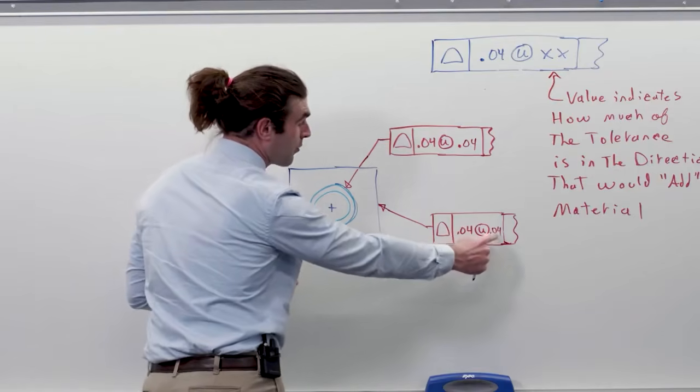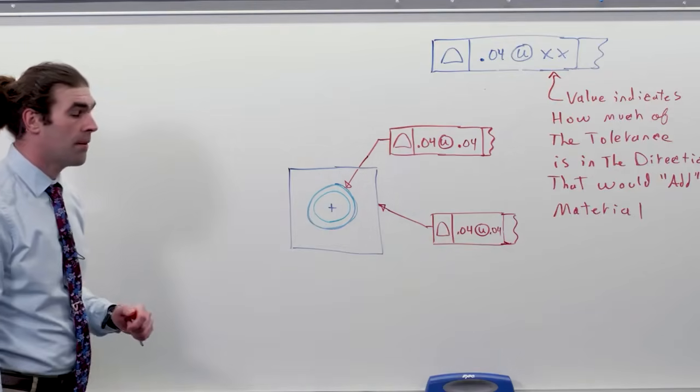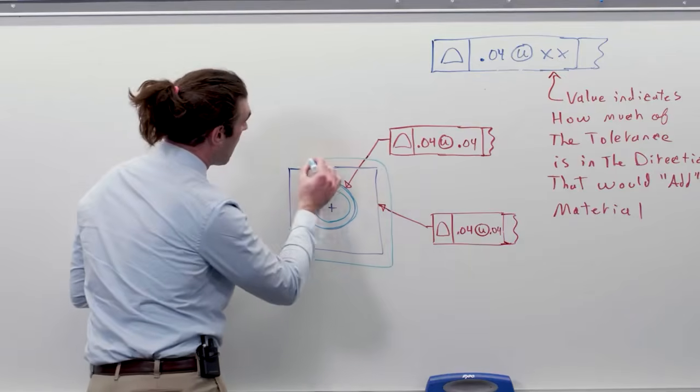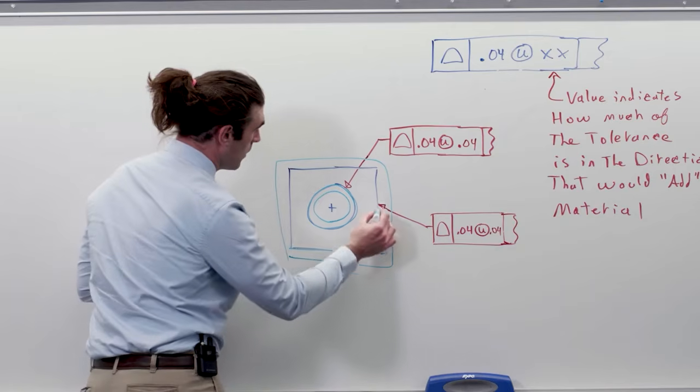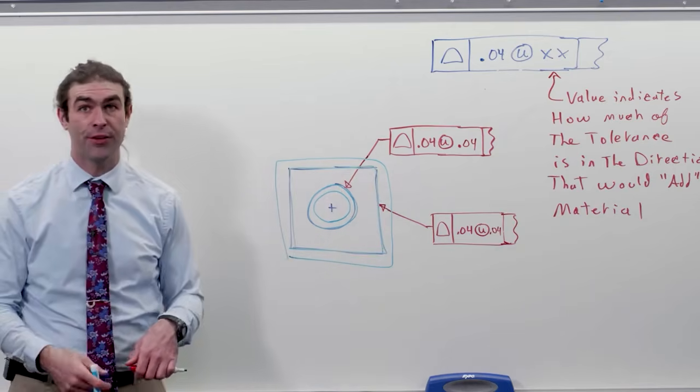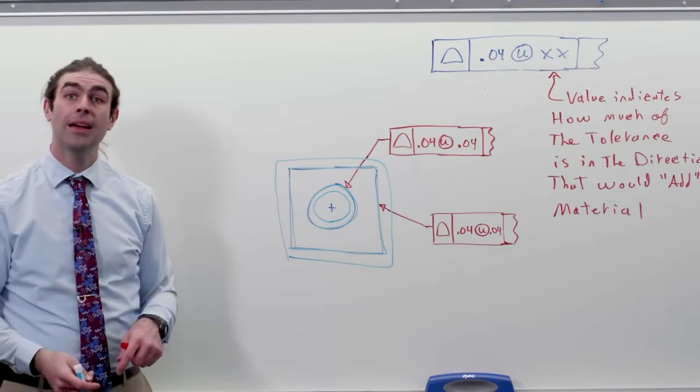40 thousandths, unequally disposed, 40 thousandths is in the direction that would add material. The tolerance zone is entirely outside of the true profile as defined by basic dimensions. Now,